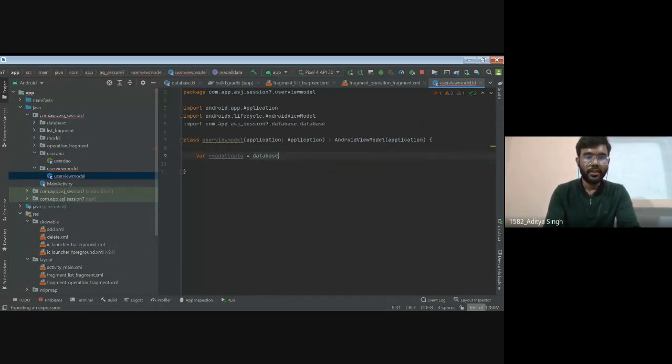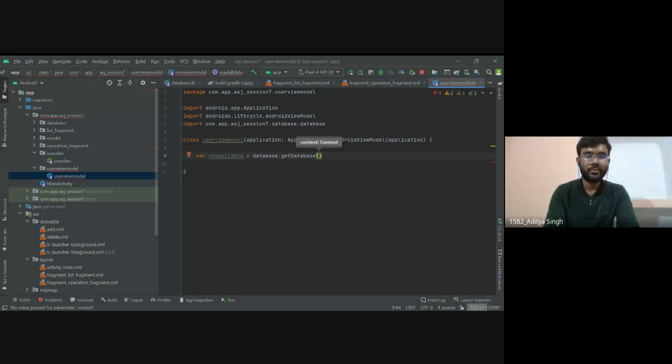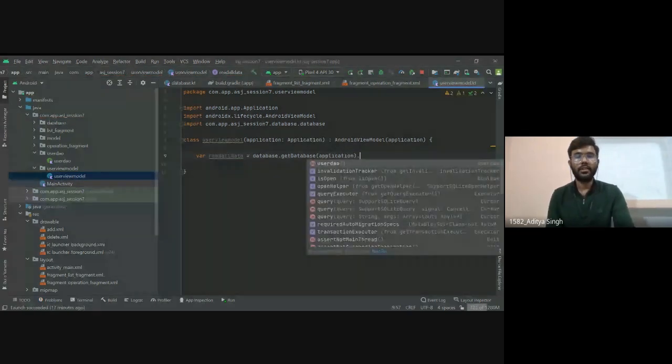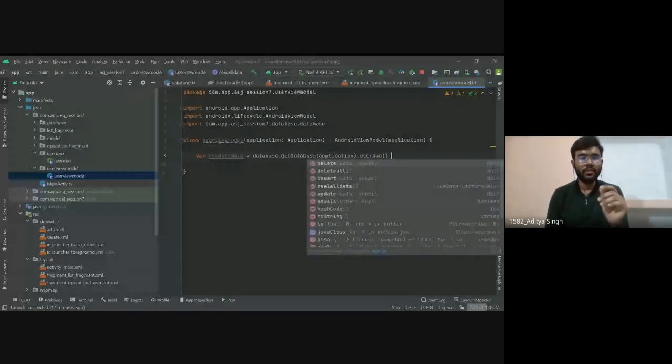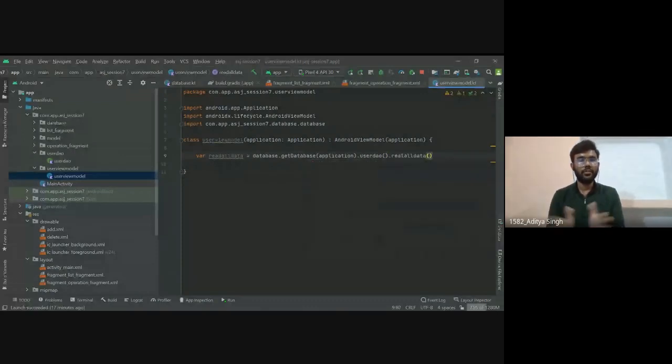Database.getDatabase, and inside this we write application, then user, that is our interface class, and inside this interface class is our readAllData function. We will simply select this from here. Now readAllData will contain whatever is fetched from that database, stored here in the readAllData part.